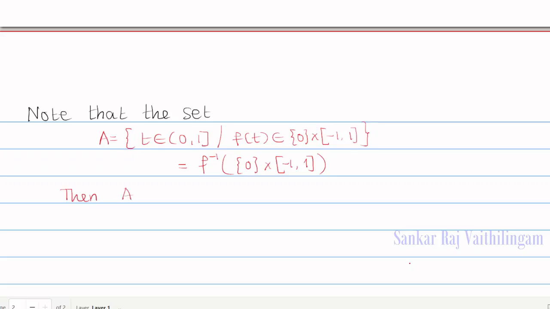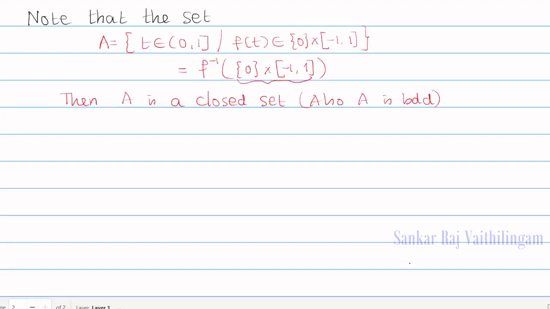Then capital A is a closed set, because this is a closed set in R2, and the inverse image of a closed set is closed. Therefore A is closed. Also A is bounded by 1. So A bounded ஆக இருக்கிறதுனால, this would imply that